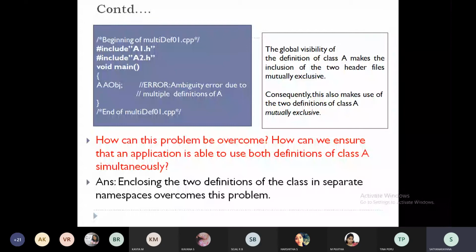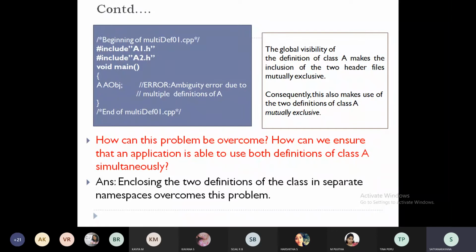When other programmers use both header files, svce.h and isc.h, and call the class ISC, which class does it need to call? That is where ambiguity will come into the picture. So how do we avoid this ambiguity?